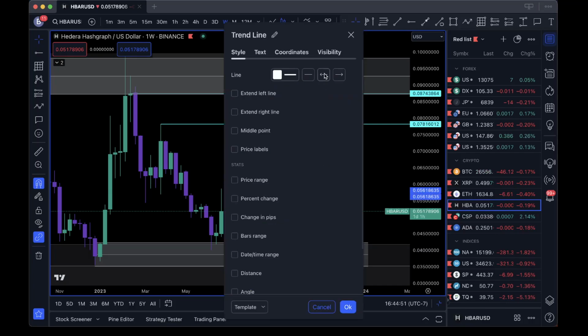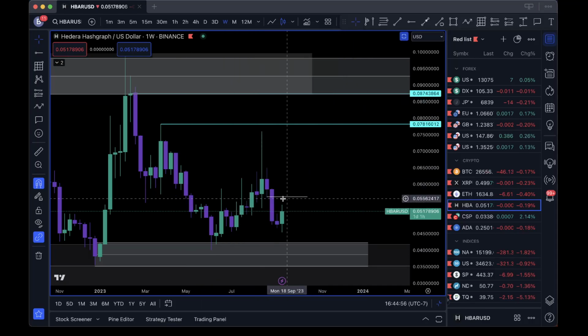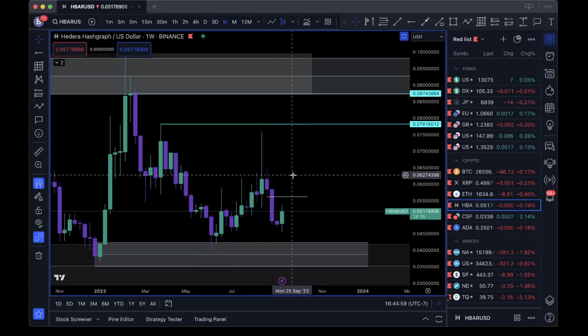I did that so long ago. I feel like I did that forever ago. Sometimes I look at the chart and I'm like, when did I do that? I don't remember that. That's just the top side of the fair value gap. So we're filling in this fair value gap. We do have this large order block here.